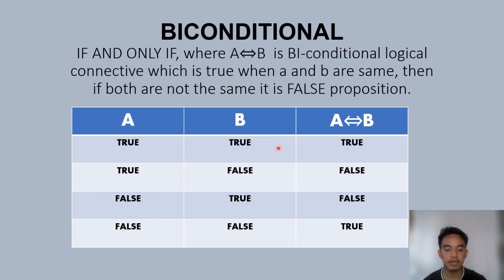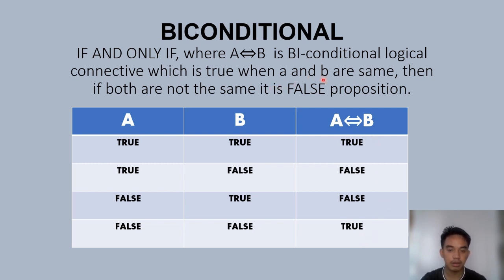Let's see. If A and B are true, true, A if and only if B is true. Another thing is that true, false is false. The biconditional proposition of true, false is false. Then next is false, true, the value is false. Then false, false, the value is true. As you can see here,